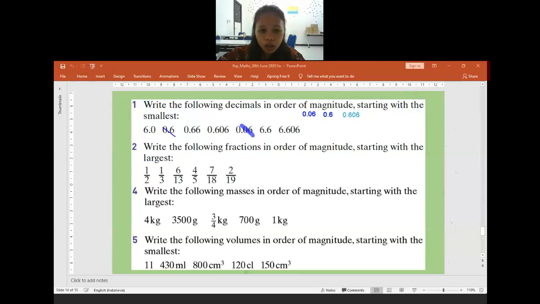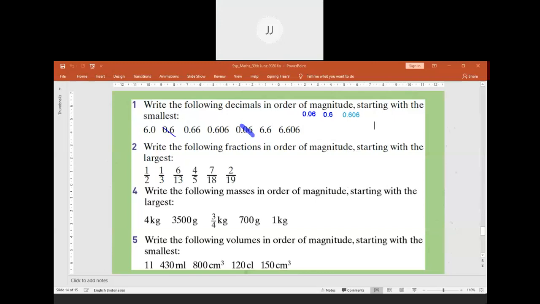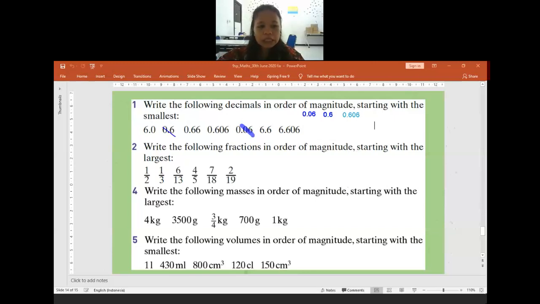Teacher, in the textbook can we write a number only? Sorry? Oh, it will be better if you make a list. You write all of them properly from the smallest to the highest rather than just marking this is number 1, this is number 2. Because later in the IGCSE exam they will put space, with many commas, and you have to write it in order. So it will be better if you write everything in order from the smallest to the highest rather than labeling number 1, number 2 and number 3.